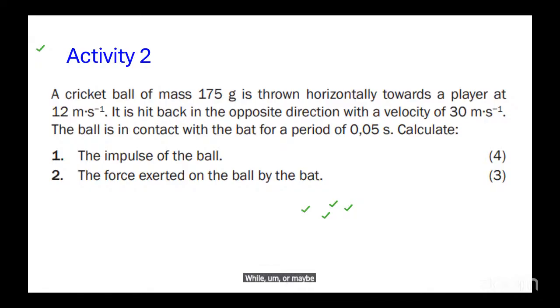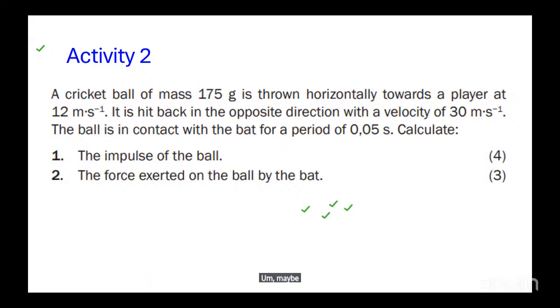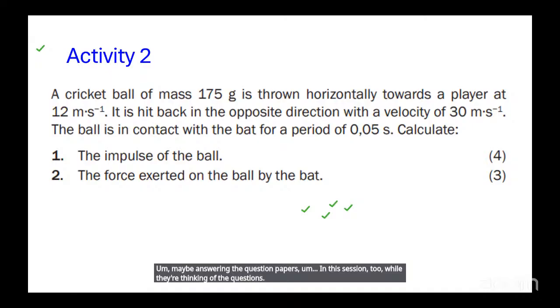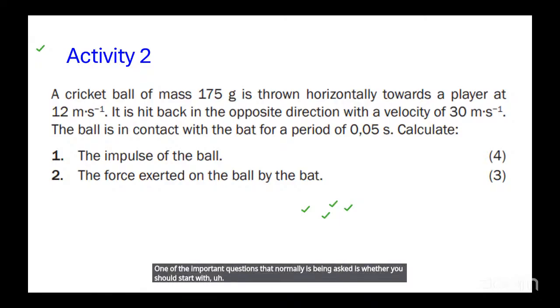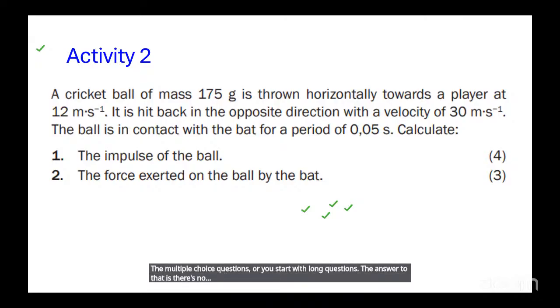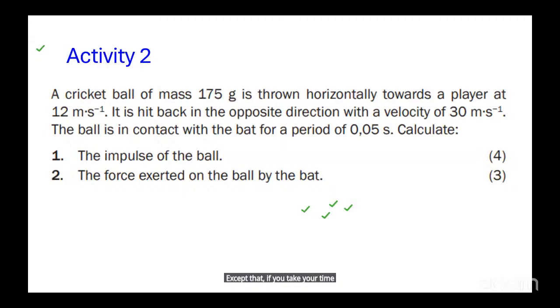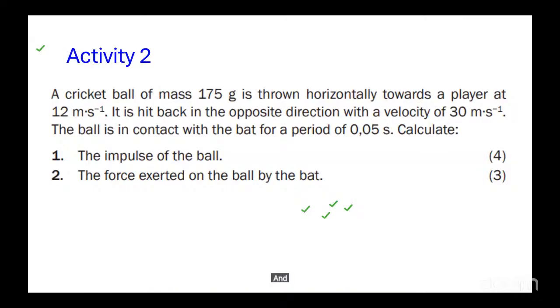Maybe because we don't have people asking questions now, we can talk about answering the question papers in this session too, while they're thinking of the questions. One of the important questions that normally is asked is whether you should start with the multiple choice questions or with the long questions. The answer is that there's no best formula for how to answer the question paper, except that if you take your time after you've been given a question paper, you study it, you'll be able to identify questions that you are sure you're going to collect maximum marks from. And what you'll then do is put them in a sequence that will give you the maximum marks